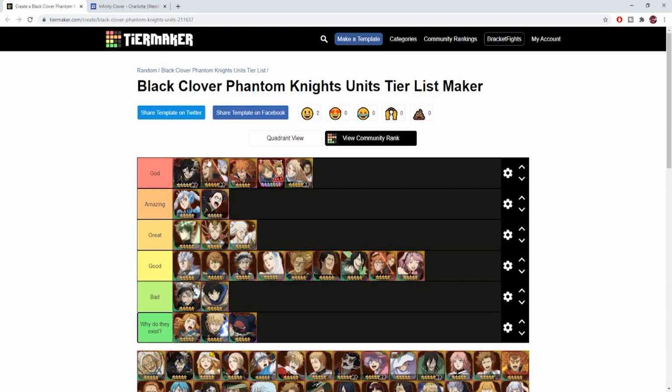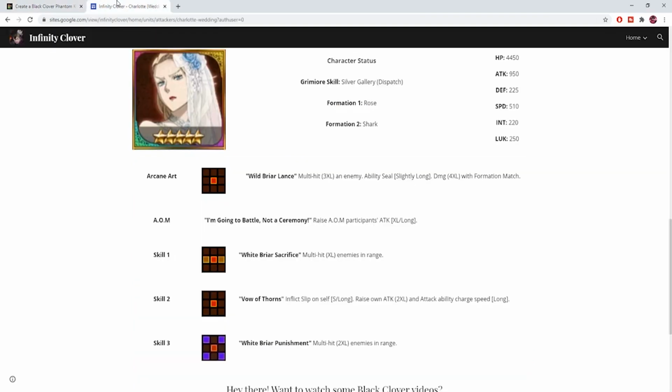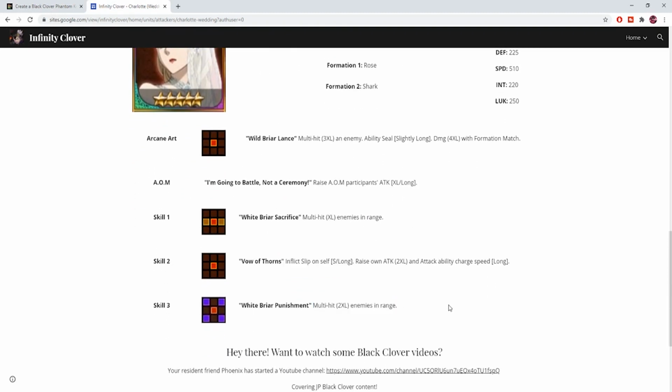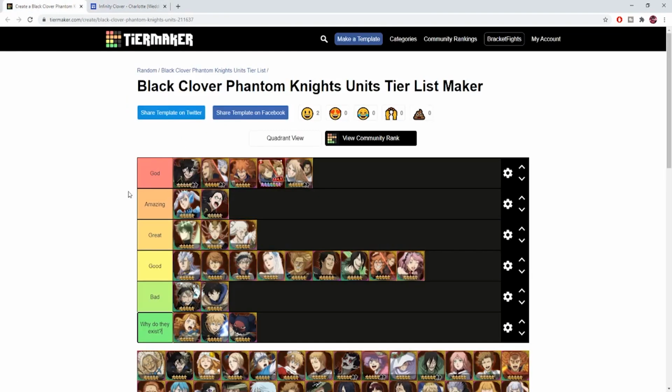Now, of course, Foizel is actually having a pretty good ability. So if you have crit boost, he's perfect. I'm not sure if I mentioned it before, so I'm just going to mention it now. Skill 1, White Briar Staff, multi-extra large, enemies in range. Perfect. It's extra large, so I can't complain with that attack, which is insane. It's just really good. And then inflict slip on self, S long. Raise own attack to excel and attack ability charge speed. Okay, so raise own attack to excel. Good. Then you increase your attack ability charge speed long. So you're gonna be doing these 2 attacks faster. But inflicting self isn't the best, right? Then multi-hit to excel enemies in range. Really good, really good. Honestly, I'm putting her...